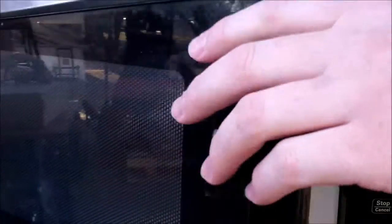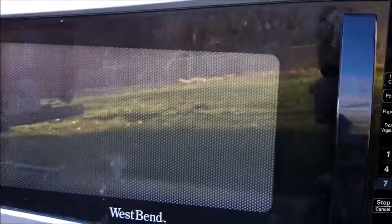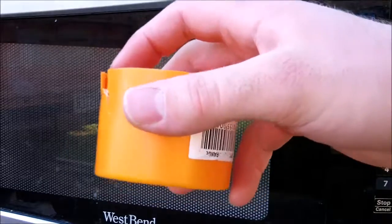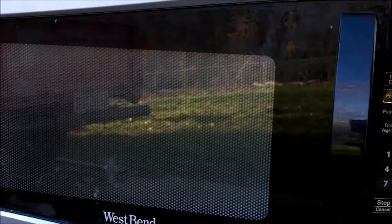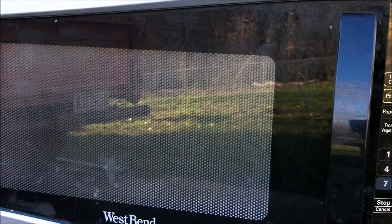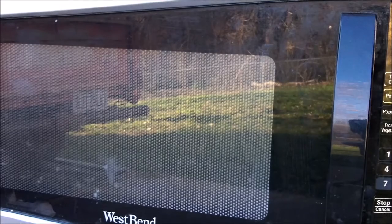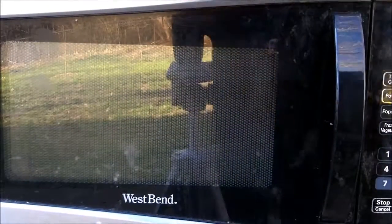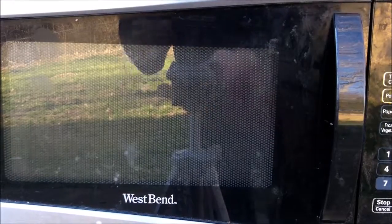Let's see. Yeah, water's a little bit warm, so the microwave still works as a concept, but that's pretty much it. And it's nowhere near as warm as if you would put it into a proper working microwave, so I'm going to try one more thing before I dismantle it, is pull that cardboard cover off, and that's where it's arcing,